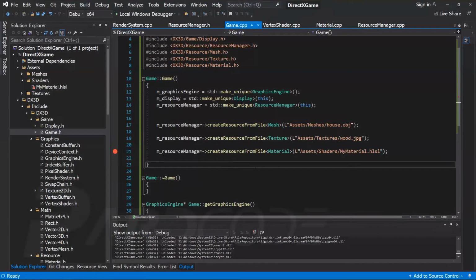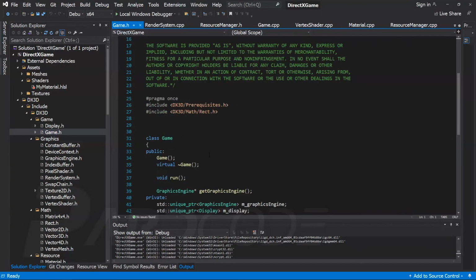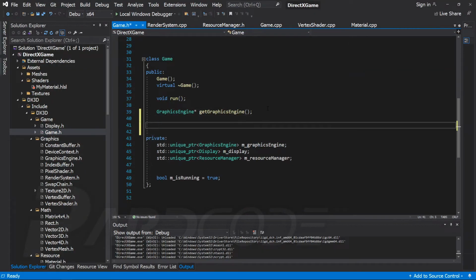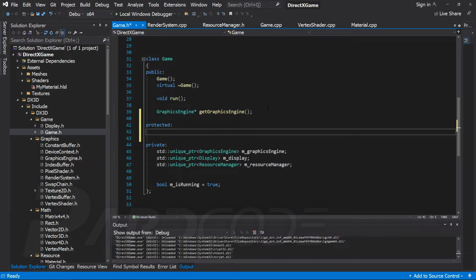We have fixed a lot of systems so far. At this point, let's start to clear the content of our window with a red color. To do that, let's go to the game class and let's add the so-called callback methods. So the onCreate method that should be called when the game is initialized,